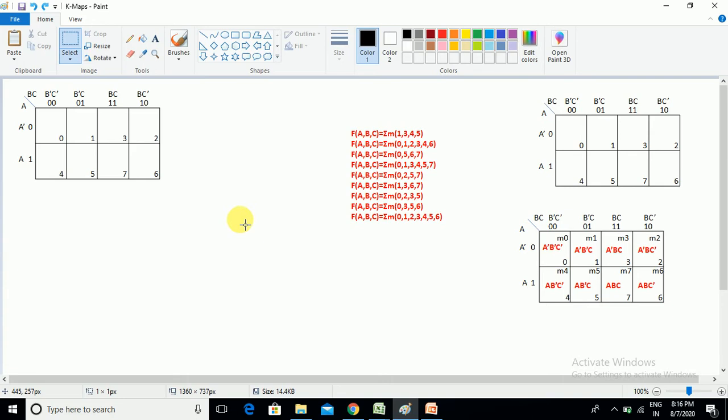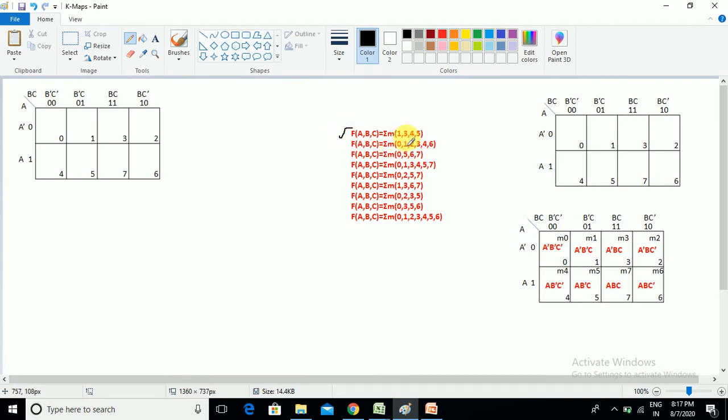Okay, next, a different kind of example for the 3 variable K map. Let us go for the first example. Here I want to explain all the remaining possible examples which may create different kinds of mapping. So let us go to the first one.